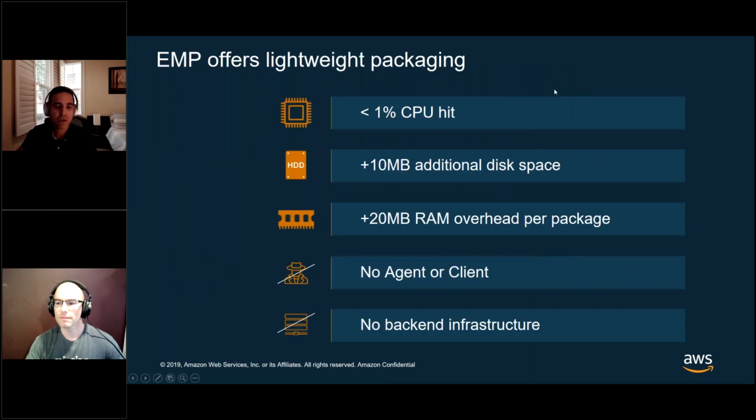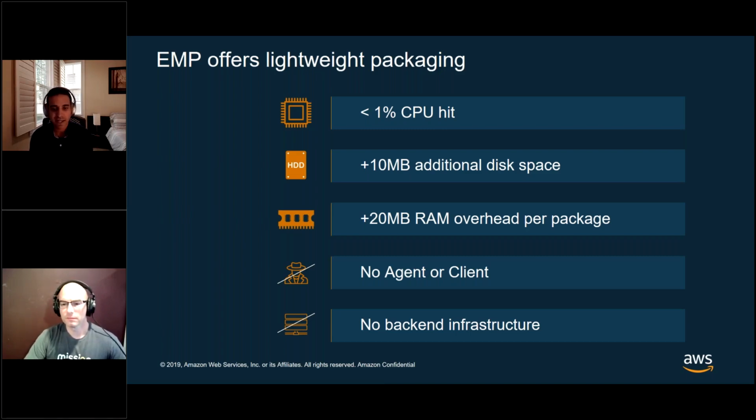So the question that often comes up is, what is the overhead of running the application in this kind of a package? The overhead is very, very minimal. The CPU hit is less than 1%. We only need, give or take, about 10 megs of disk space, and the memory utilization also remains very low.